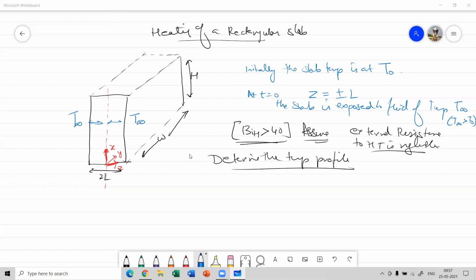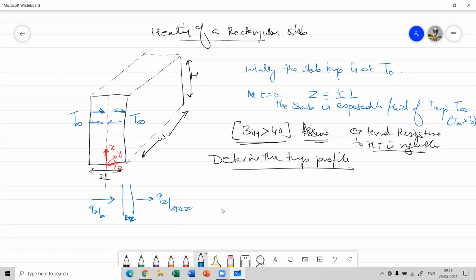Right. Now what we do is we consider a shell of, let's say, thickness delta Z. In this way the conduction is occurring, q_z at z, and in this way the conduction is at z plus delta z, because both the surfaces are exposed to the fluid at a high temperature. So what is happening is basically the heat is being transferred in this direction, and it can also be transferred the other way. So both things are occurring. So we assume that the heat is conducted in one given direction, entering from this side and leaving in this direction. It can be the other way also.